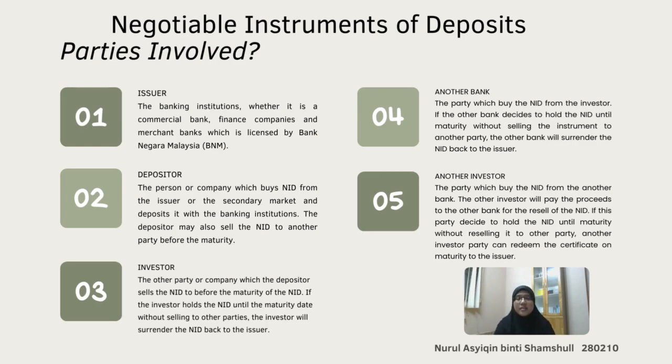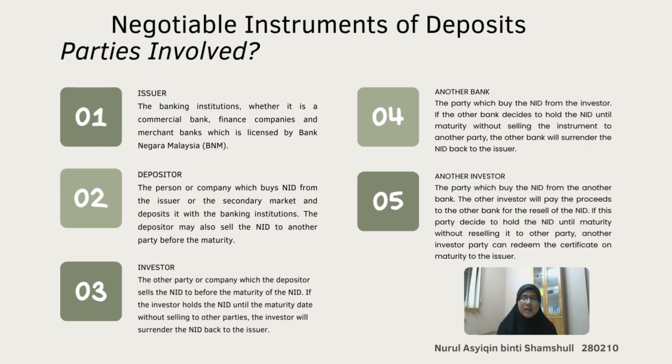The investor is the other party or company to which the depositor sells the NID before its maturity date. The investor will pay the depositor after buying the NID. If the investor holds the NID until the maturity date without selling it to another party, the investor will surrender the NID back to the issuer,